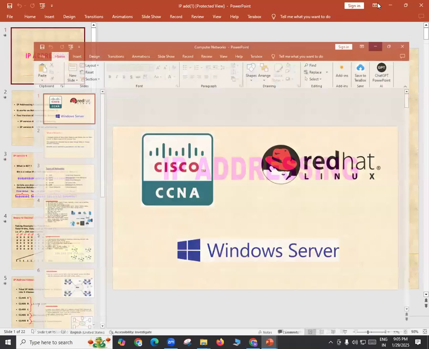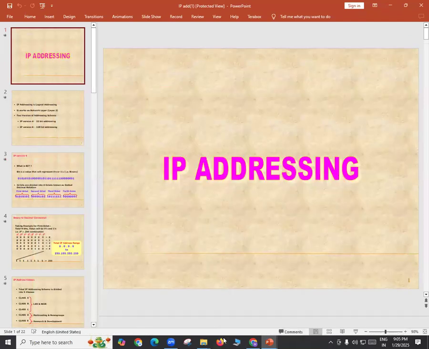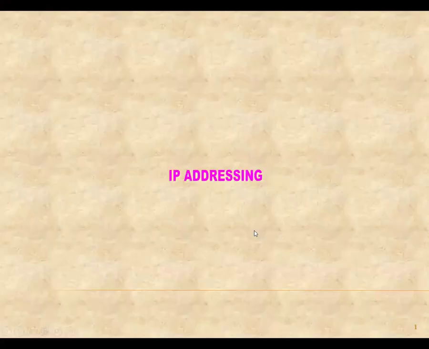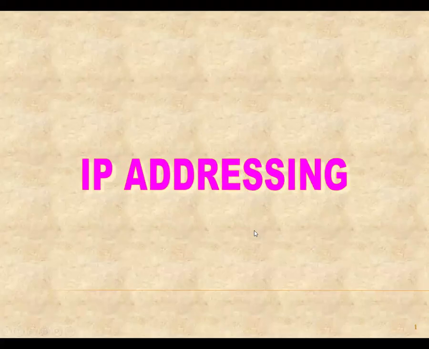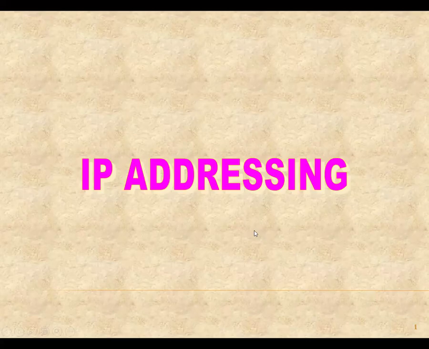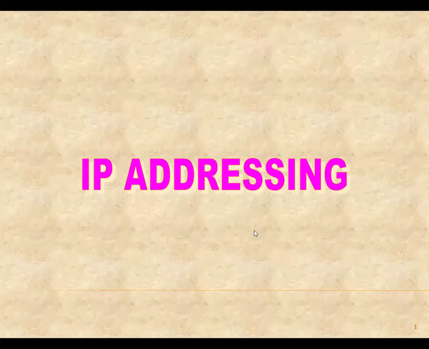Now, one of the most important concepts we need to learn in computer networks is a concept called IP addressing. When you go with your networking concepts or server administration, cloud administration, DevOps, cyber security, ethical hacking, anything related to our field, IP addressing is one concept that will be with us forever. As a network administrator, especially, we should be perfect in this IP addressing concept. So we'll start IP addressing from the very basics, from the scratch level, and we will go up to the advanced level.